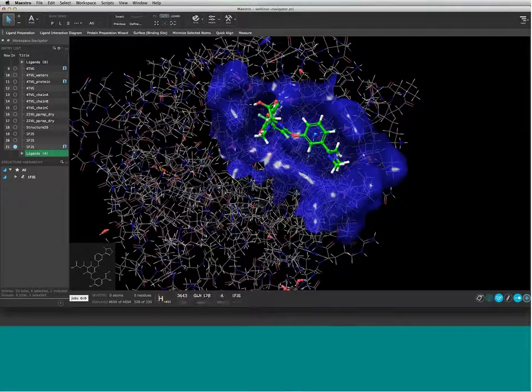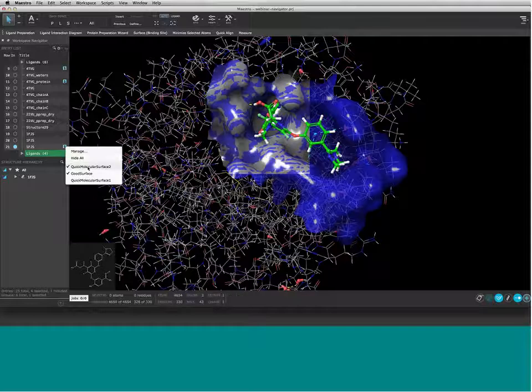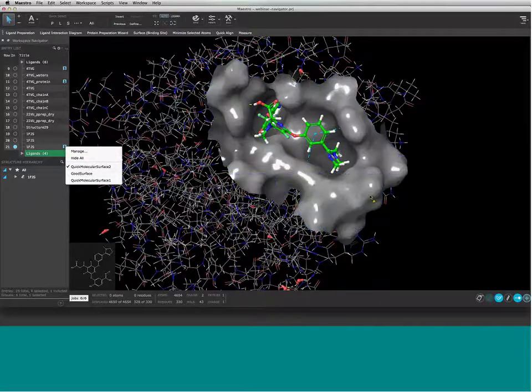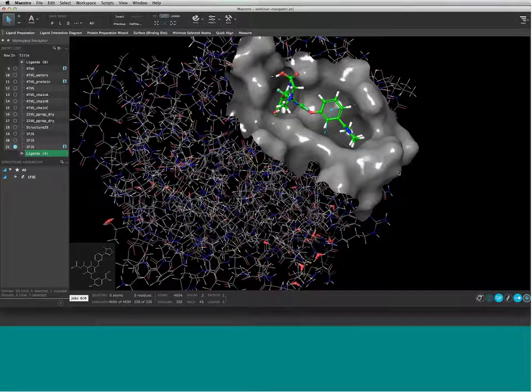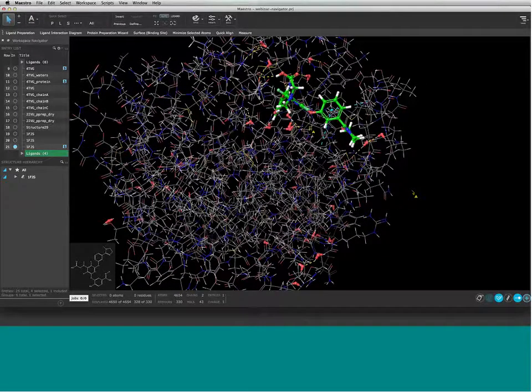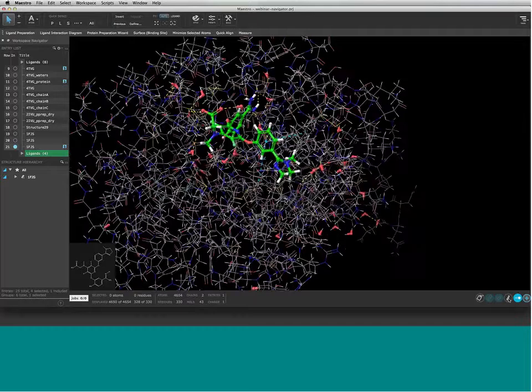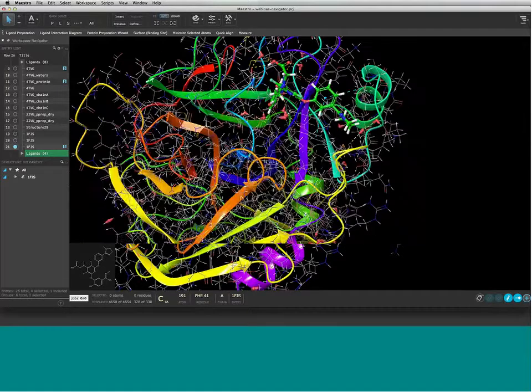So generally, what we want to do is be able to make all objects in the workspace right-clickable. You want to be able to just click on things and show, hide, and modify them. Laura briefly showed that you can do that with ribbons before. We just talked about surfaces. We could look at ribbons a little more. So if we add some ribbons,